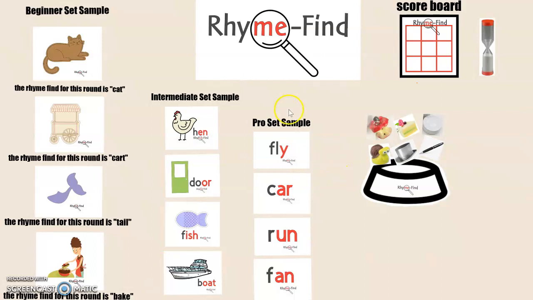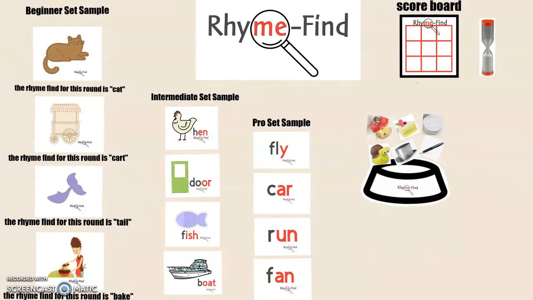And the pro set sample is even more difficult. It doesn't have any pictures, and this is really for the students who are able to read. If they are at this point, it's mostly 1-syllable easy words. So it could be geared more towards pre-1A students if the teacher feels that they are ready for it. Now, this game